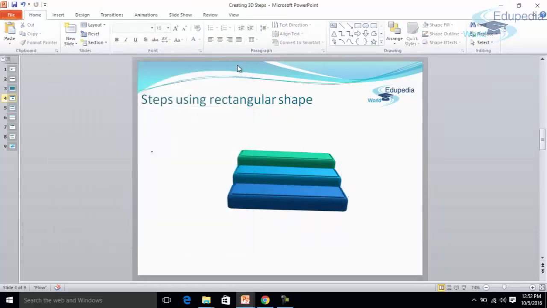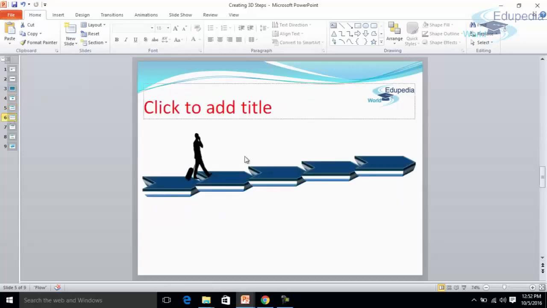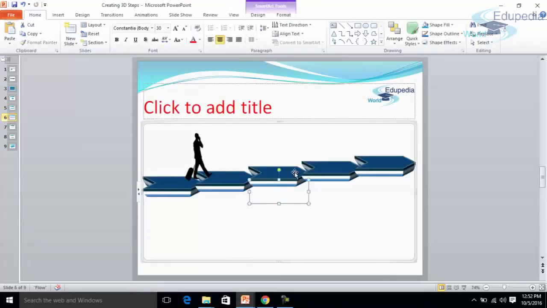Actually, after creating this figure, I have pasted this as a picture. So if you want, you can also do that. After creating this, select the entire picture. You can copy and paste it as a picture, because that would not show the picture as different objects, and there would be no chance that one of the objects would be displaced from its position. So that would be best. After completing a figure, you will paste that as a picture.